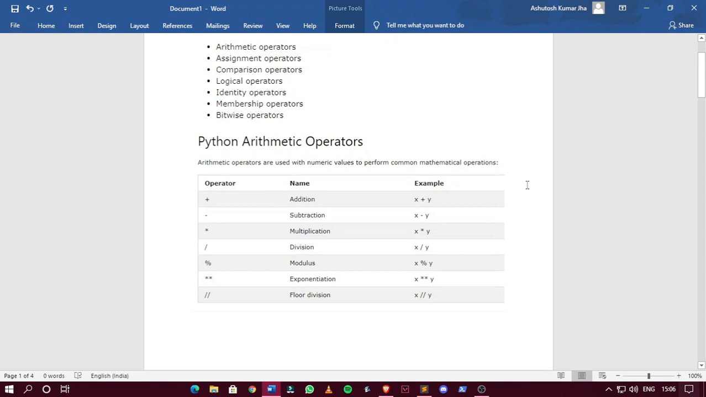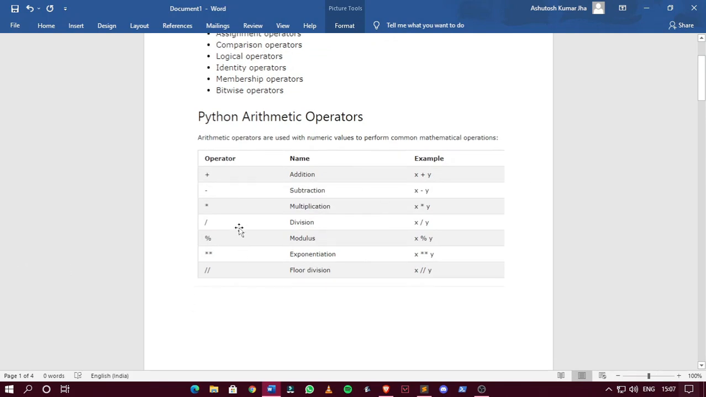So, starting with the arithmetic operators, I basically discussed all these arithmetic operators except the last two in part 1, up till modulus, so I'm not explaining those. What does exponentiation do? This expression basically means x raised to the power y,